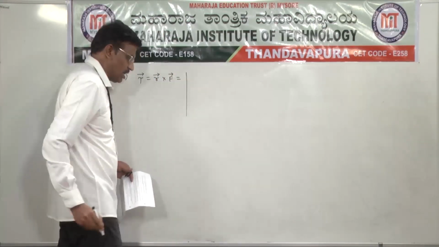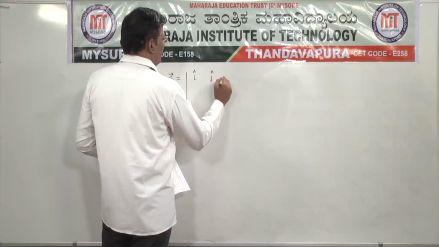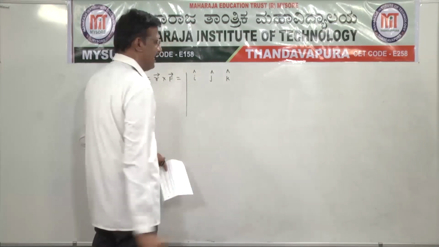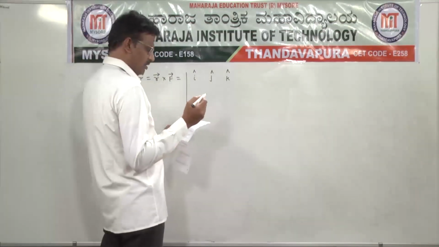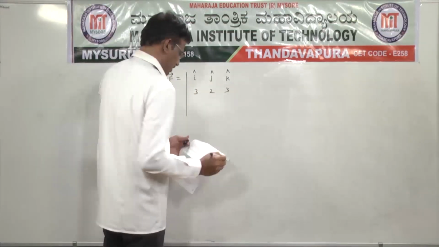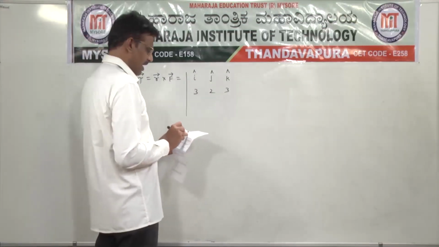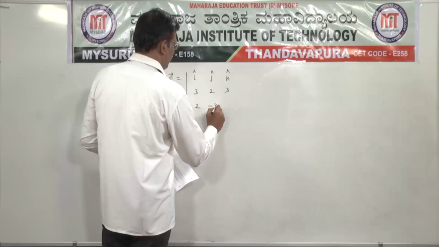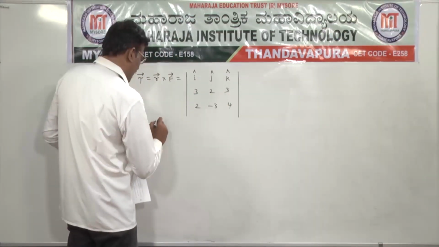So cross product we should always expand in the matrix method. So you can take in the first row i cap, j cap, k cap, and the first vector coefficients, R bar coefficients 3, 2, 3, and the second vector coefficients are 2, minus 3, 4. So that is equal to i into